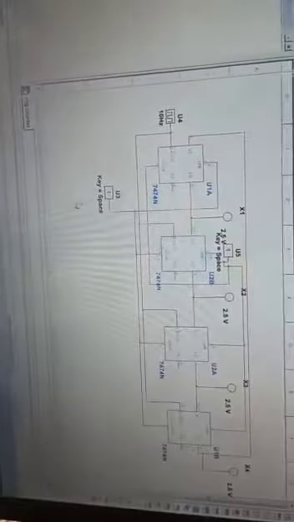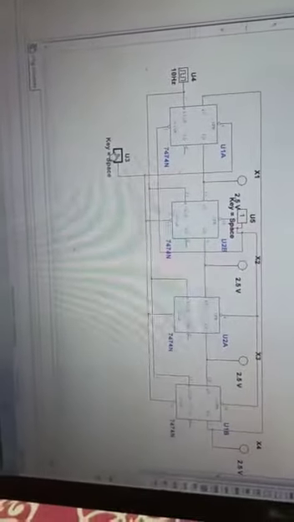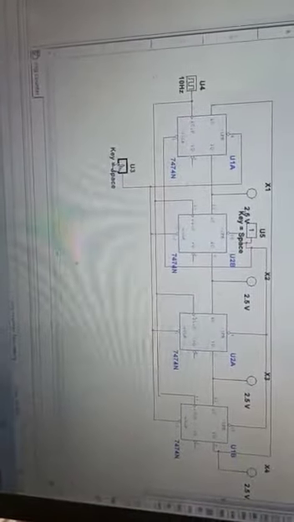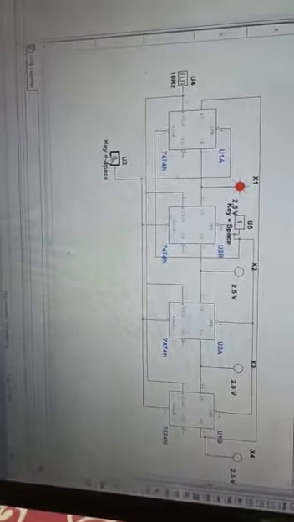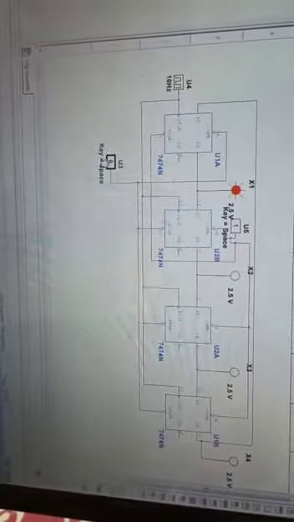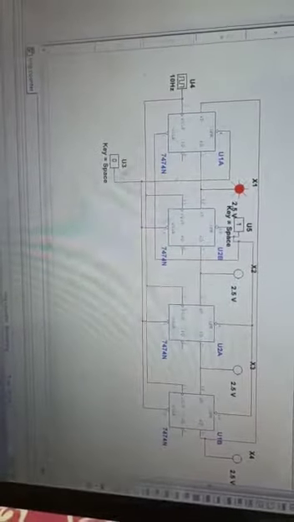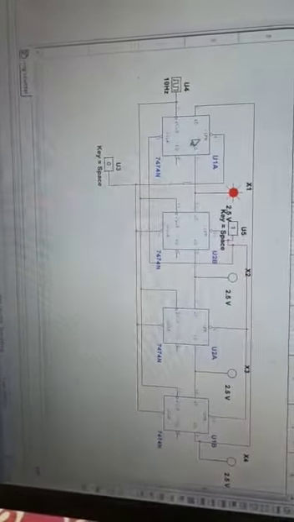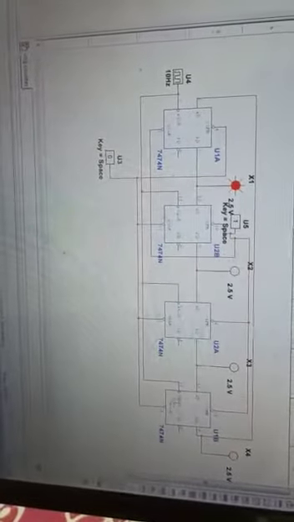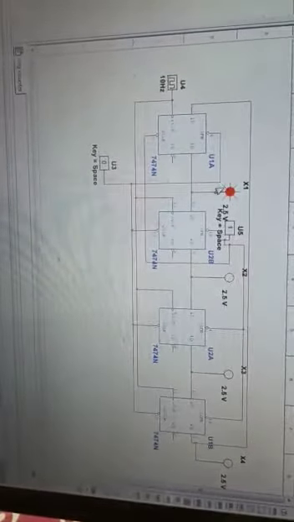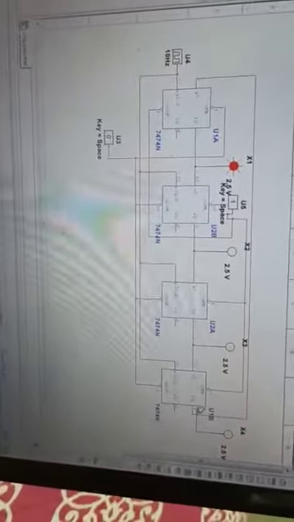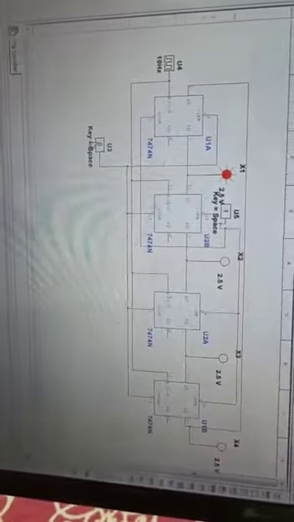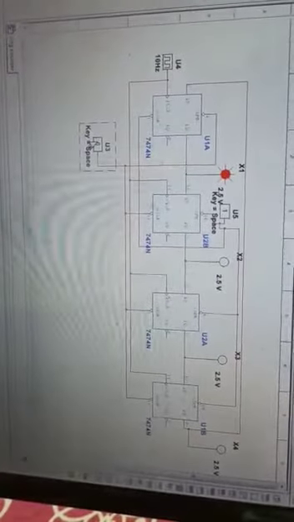So here I am giving the pulse, means momentarily you have to connect it to this signal, you have to momentarily make it 0. So here I'm making it 0 and then 1. So when you make it 0, what will happen? This will get set, but all three will get reset. So because of that, this probe is glowing, but all these three will not glow. Now I will make it 1 and see what happens.